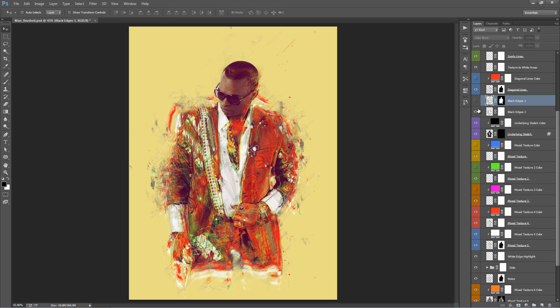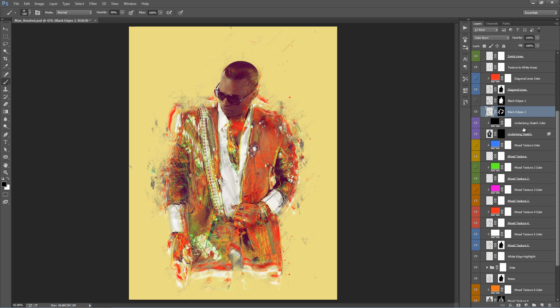Okay, so what I like to do with these layers is I turn it on and off and I look in what areas it looks good. Like, I don't think it looks good applied to the entire image, but it might look good just around his arms here, around the top of his hand. So what I'll do is I'll select the mask and I'll fill it black, so it hides it all. But then I'll grab a white brush and I'll just brush in where I want to reveal those extra lines. See, like that. And you can do the same for this one as well. So just keep that in mind with these two layers here, that it's probably best if you brush on the